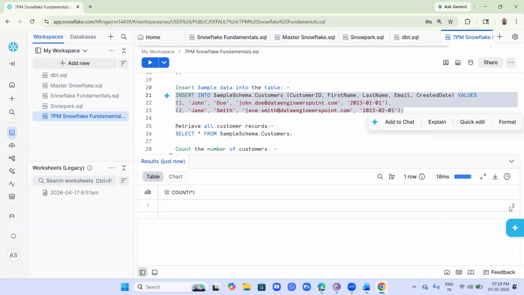It's on two records, right? Count. This one is the output of this one, sequence number. Okay. Now